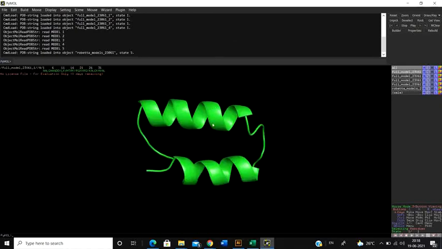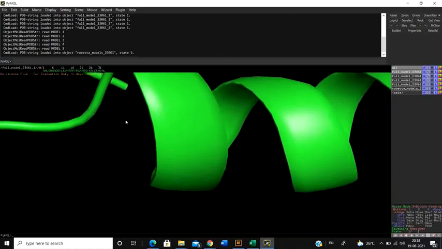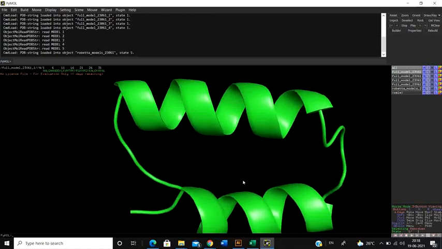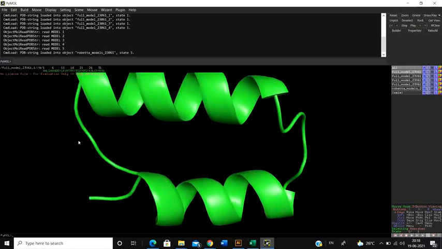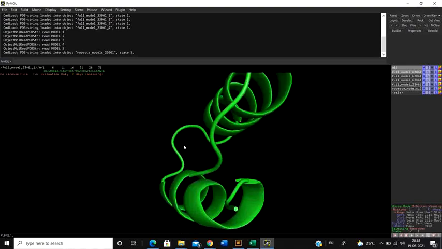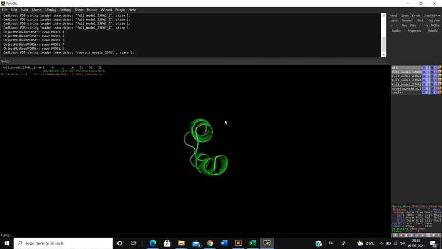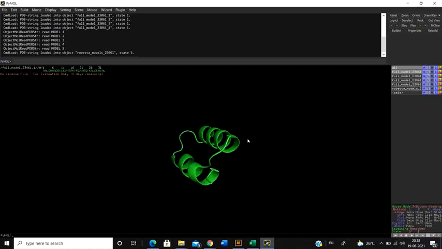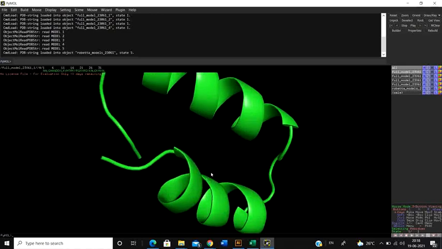So suppose I have zoomed in like that. Now I can hold the middle mouse button and simply translate the molecule, to make sure you can see each and every fragment. And with the help of the left mouse button, if you hold it, you can actually rotate the molecule. You can rotate and find different angles and different ways to visualize this protein structure. That's how this actually works.